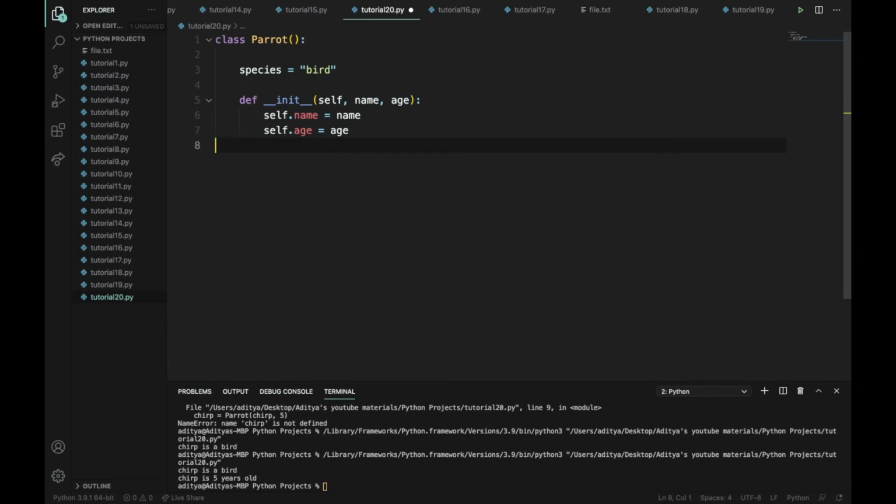And let's say we want our parrot to sing. So we can create a function def sing, and we can do self, and then song. Now we have to put a colon here, and then we can return